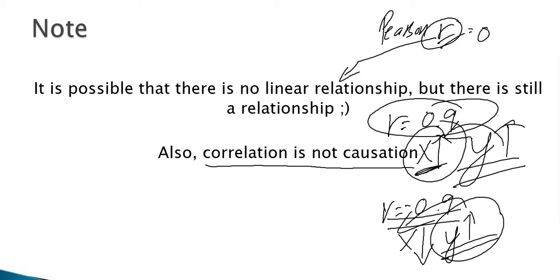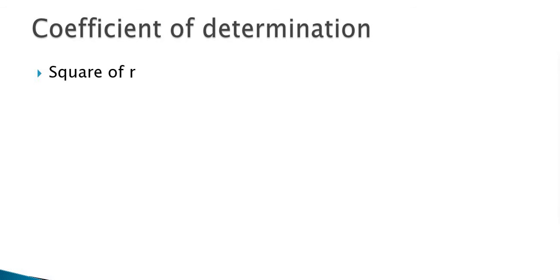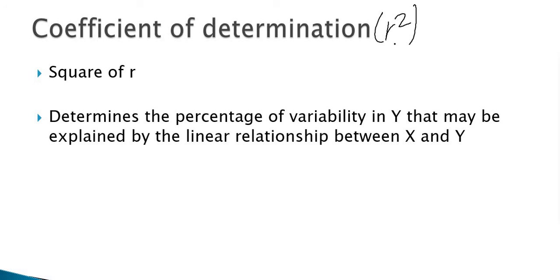So we have talked about strengths in terms of Pearson R. We also have another one, the coefficient of determination. This is the square of R. That's why usually if we have R, we also have R squared. This determines the percentage of the variability in Y that may be explained by the linear relationship in X. So, to further explain this, let's compute for the R squared of our running example of dexterity and productivity in